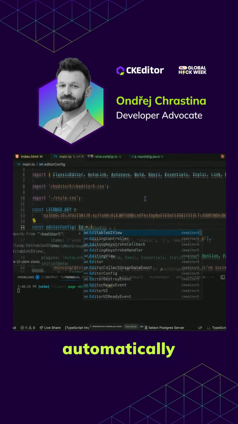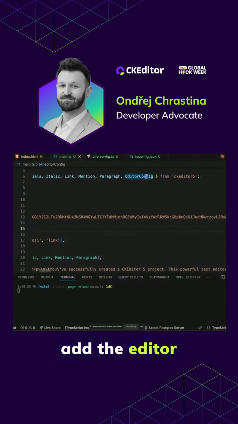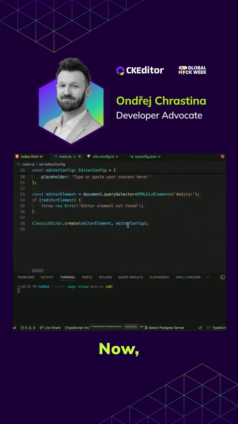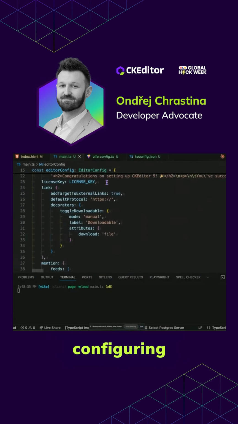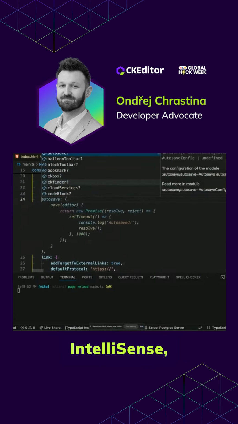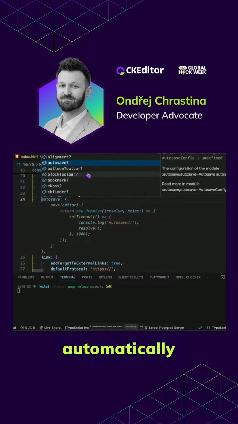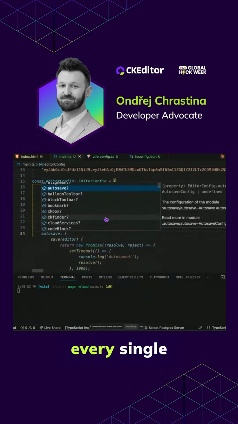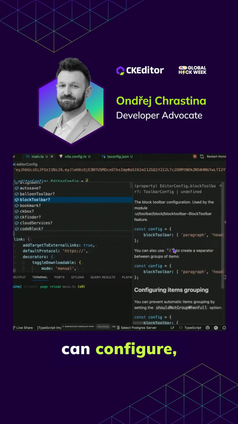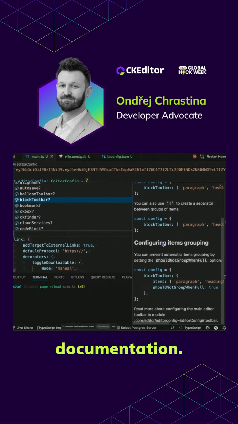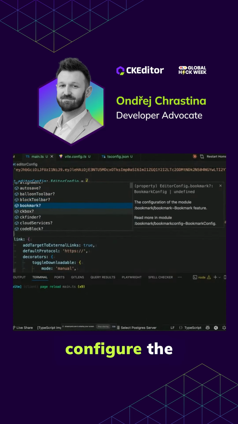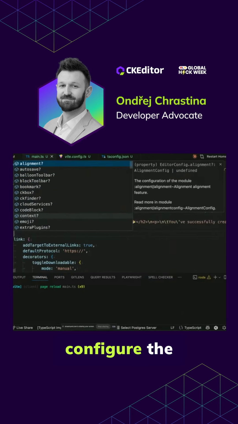This type automatically adds the editor config from the CKEditor. Now underneath, you know that now you are safe with configuring everything. If I'm using IntelliSense, you can see it automatically loads the type definition of the editor config. For every single thing that I can configure, you already got the documentation. For example, if you want to configure the bookmark, how you can do it,